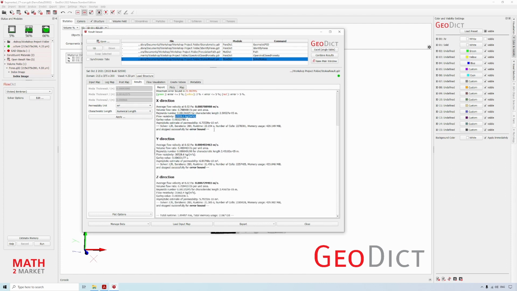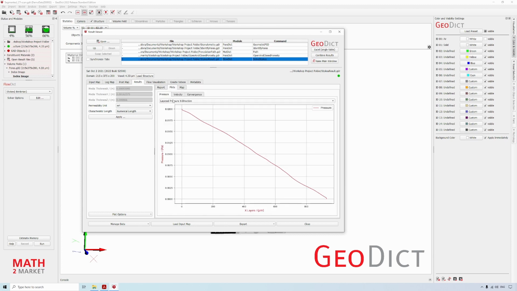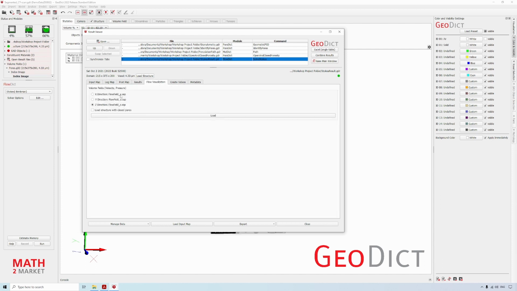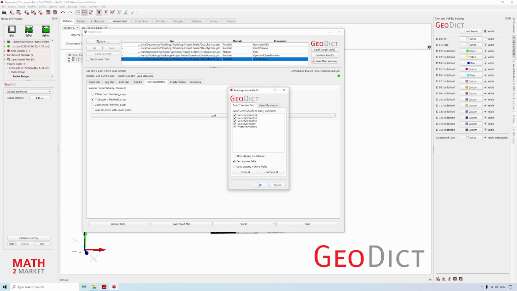We also have plots for layered pressures, for velocities along the slices, and we can visualize the flow by clicking Flow Visualization. We load the flow from the Y direction, since the Y direction is the long direction, the interesting one, and click Load and OK.